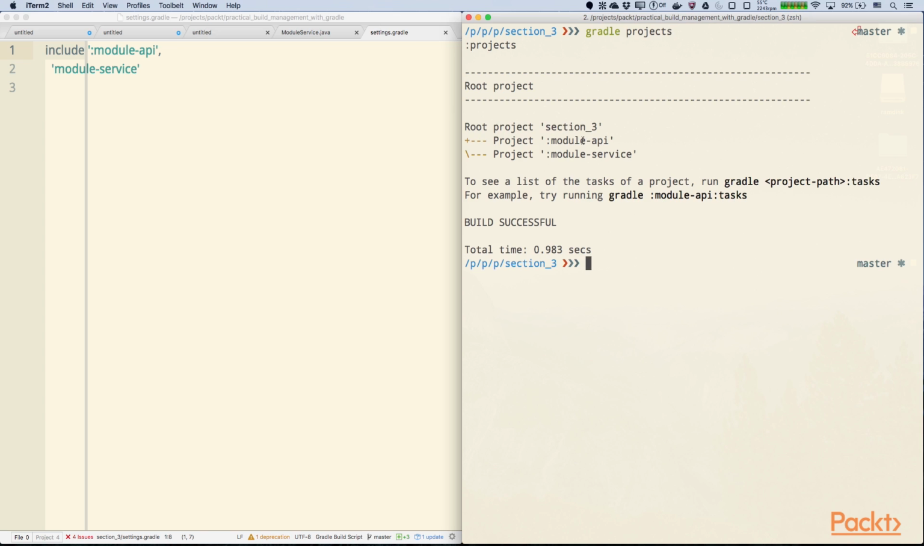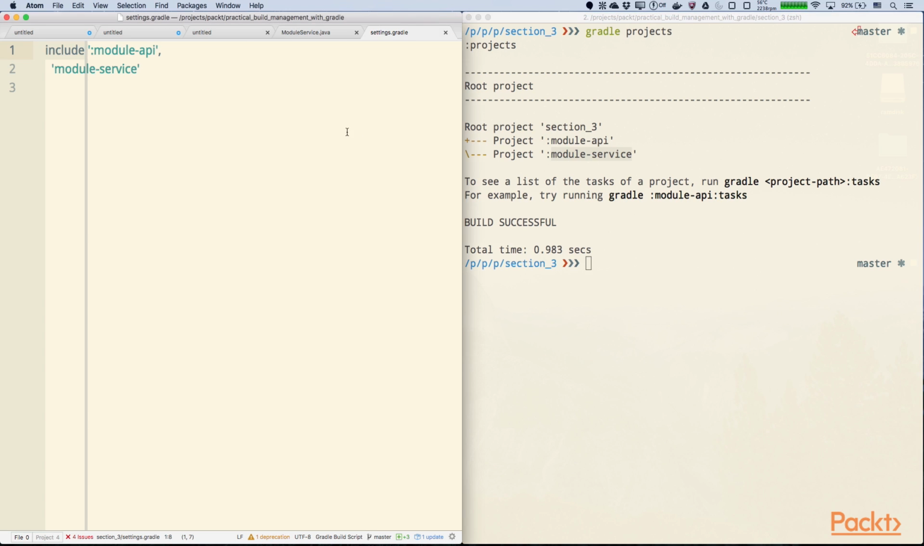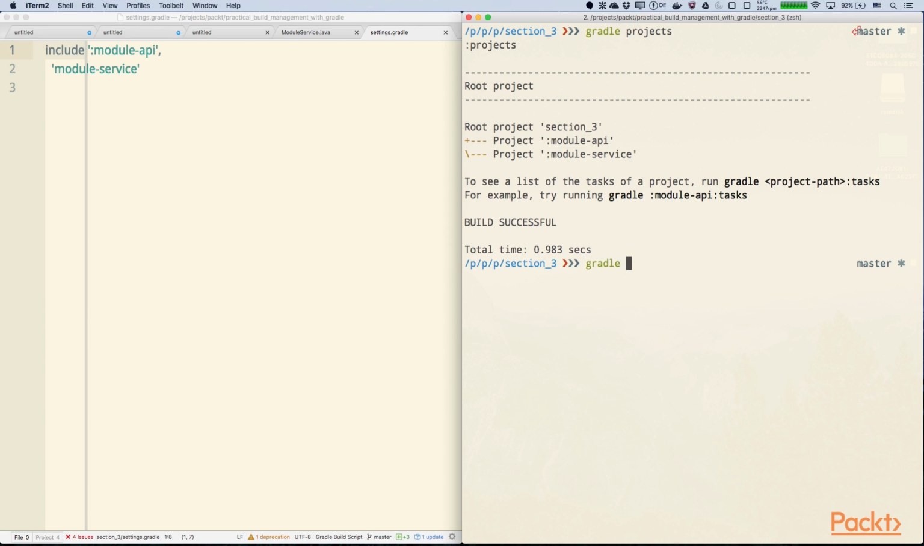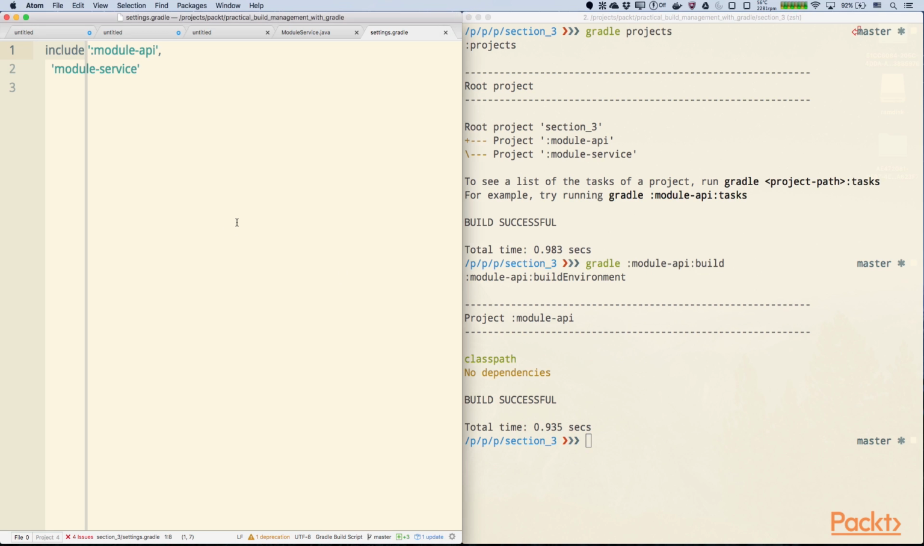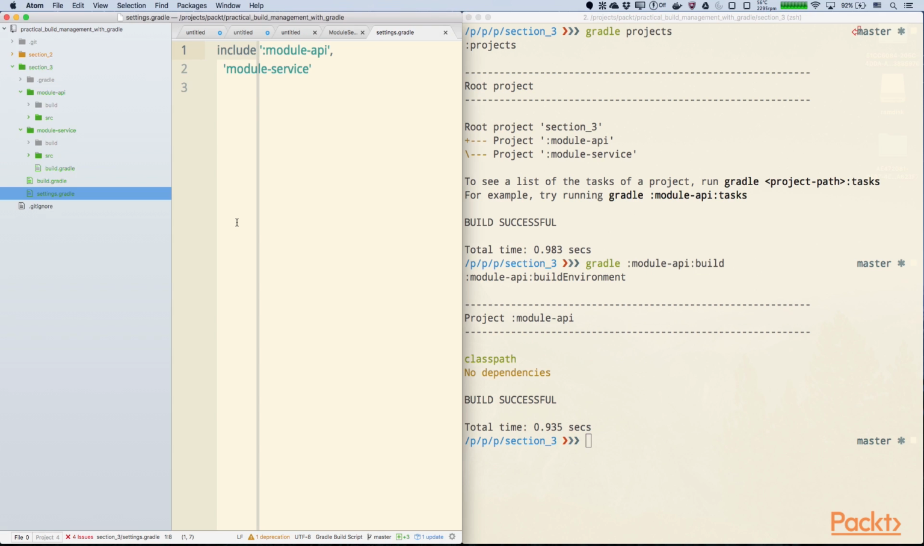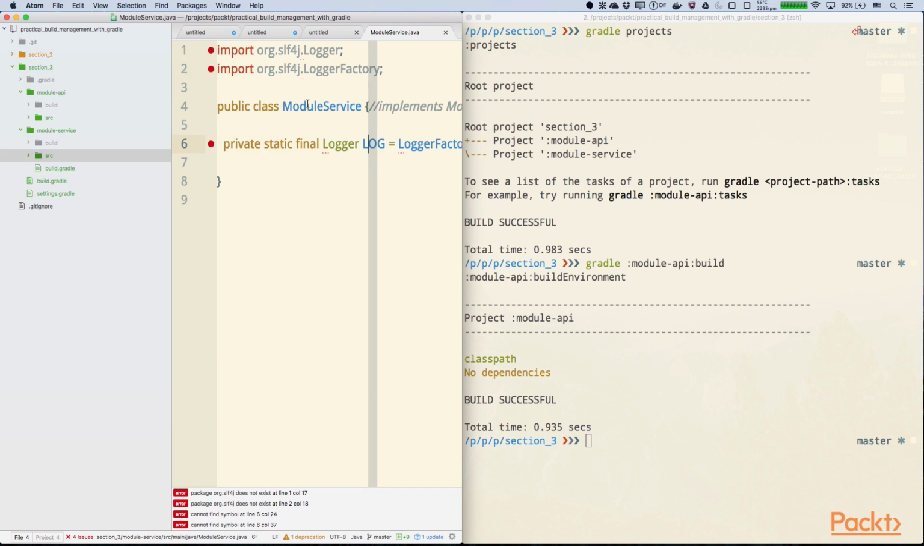You can see now we have two module services registered. Okay, but in order to execute a particular task for a particular project, we need to write its name, its module API in our case, and let's call build. You can see the task was executed successfully, but nothing was compiled because currently Gradle doesn't know that our module API is a Java